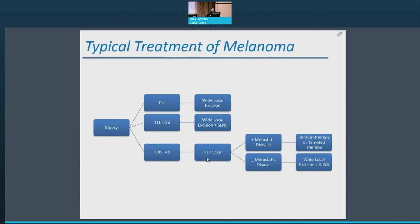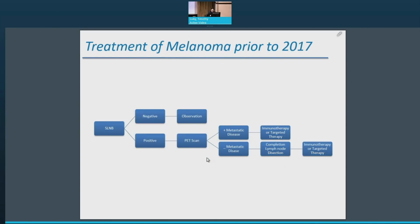So typically our treatment for melanoma, once we've done that staging system, is based on that stage. And for early lesions, T1A lesions, we usually just excise those. Okay? Thicker lesions, those usually get a wide local excision and then a sentinel lymph node biopsy. Very thick or ulcerated lesions, those have a higher chance of having disease elsewhere. So typically, we get a PET scan first in those. If there is spread that's present on that PET scan, we usually give them immunotherapy or targeted therapy. If there's no disease, then we do a wide local excision and a sentinel lymph node. Now, importantly,